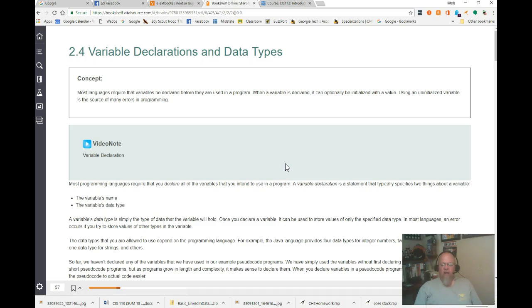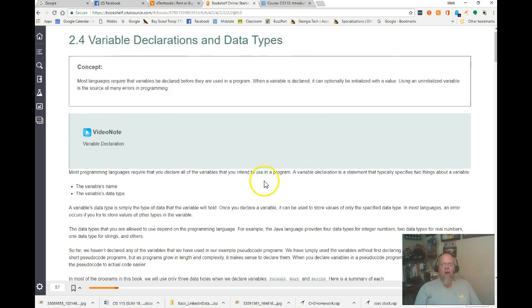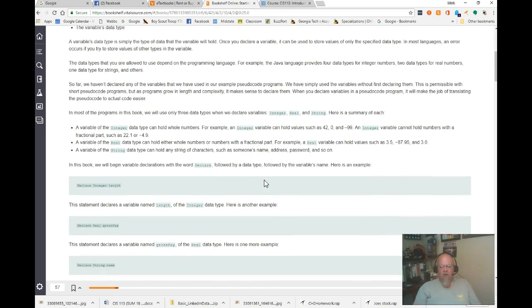Okay, so now, up to this point, we've just created variables willy-nilly. We just created them, just a generic container, going to hold whatever. What we're going to do now, though, is talk about declaring a variable. Now, we really can't declare a variable in Raptor. We kind of sort of can, but we're going to take it a step further, and we're going to use